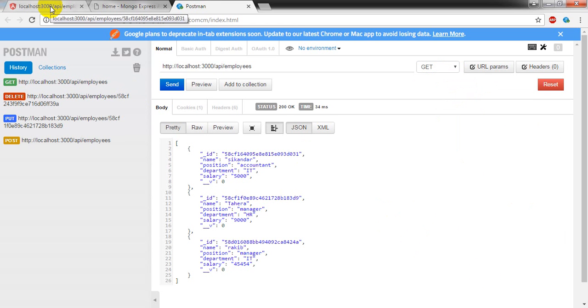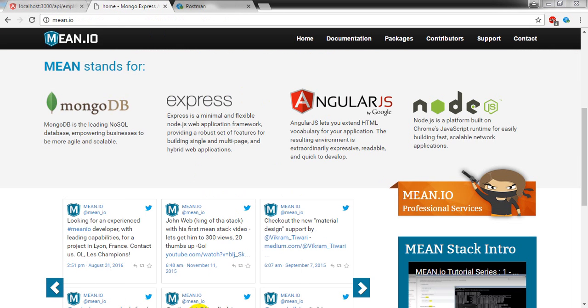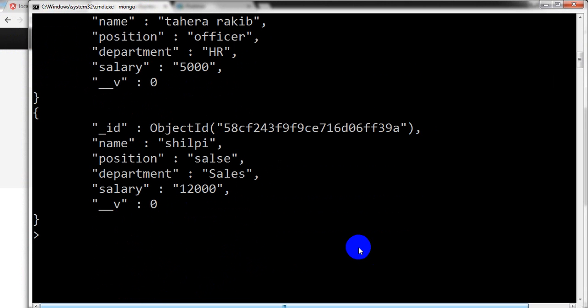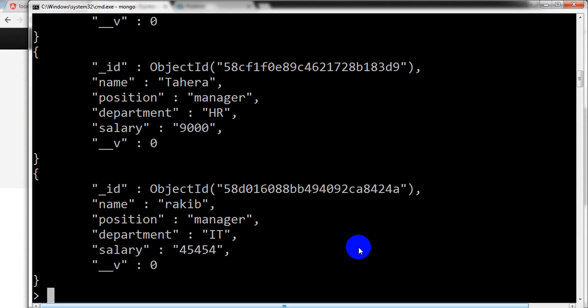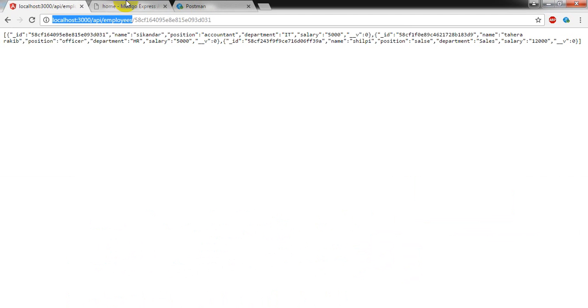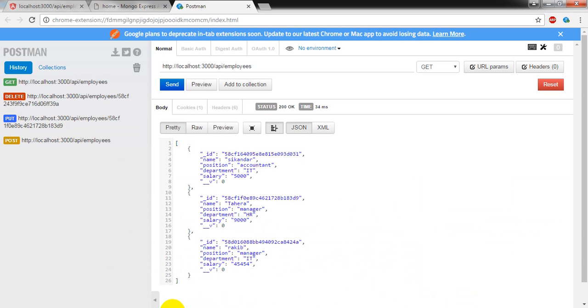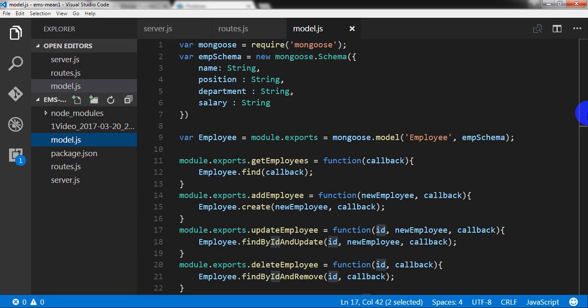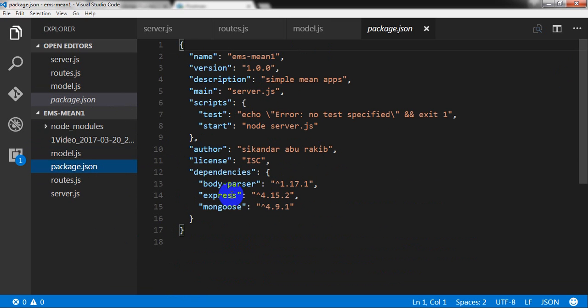So that's pretty much it. And if I go to MongoDB, the Mongo shell, and we can check. Yes, same thing here also. 3 records we have. So in this way we can create our API. So if I review the whole thing, we can say we have a package JSON file here,